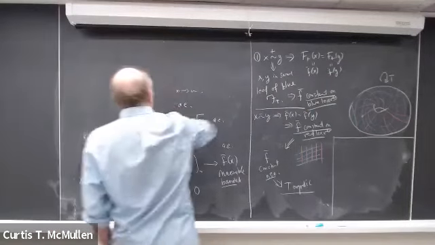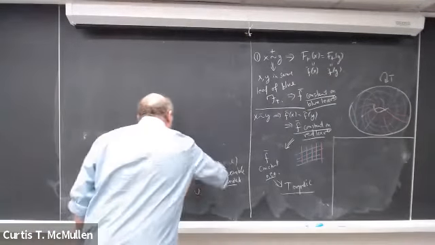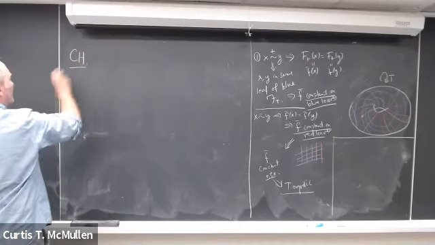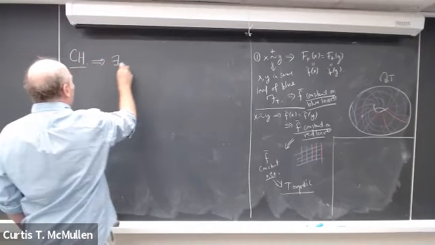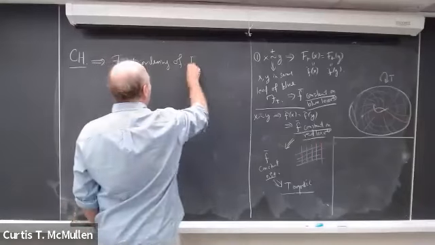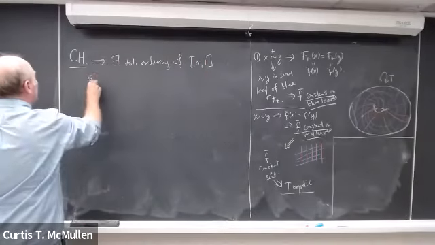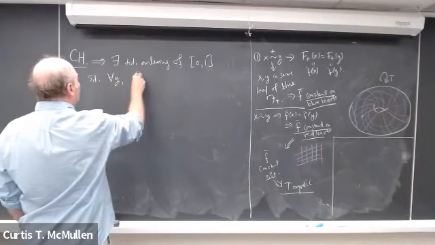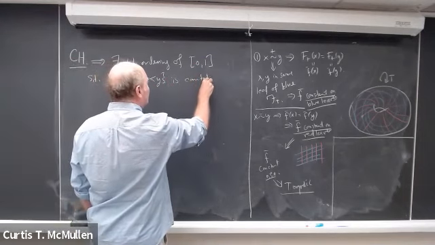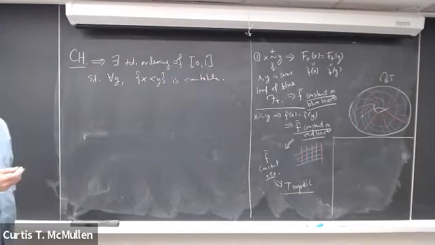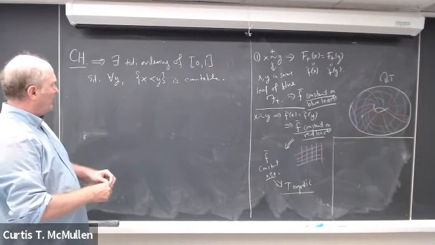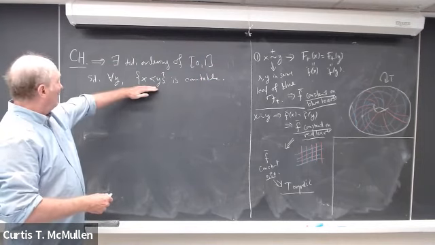So let me just finish with an interesting example from set theory. If you assume the continuum hypothesis, this implies there exists a total ordering of the interval from 0 to 1 such that for all y, the set of x which are less than y is countable. Now you might think that's crazy. The whole interval is uncountable. It has the cardinality of the continuum. How could all of these initial segments be countable? Well,